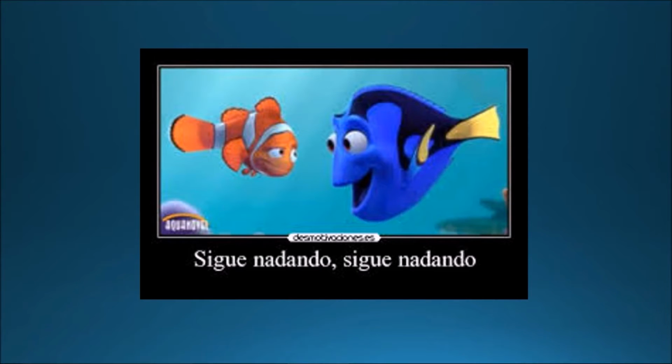But since we're talking about making mistakes and learning a new language, I just want to take a moment to encourage you, sigue nadando. Just keep swimming. When you're learning a new language, you're going to make lots of mistakes, and that's okay. Remember that it is important to spend lots of time talking in the language, communicating your ideas freely, and just expressing yourself in Spanish so that you can break past some barriers and get to the goal of speaking with